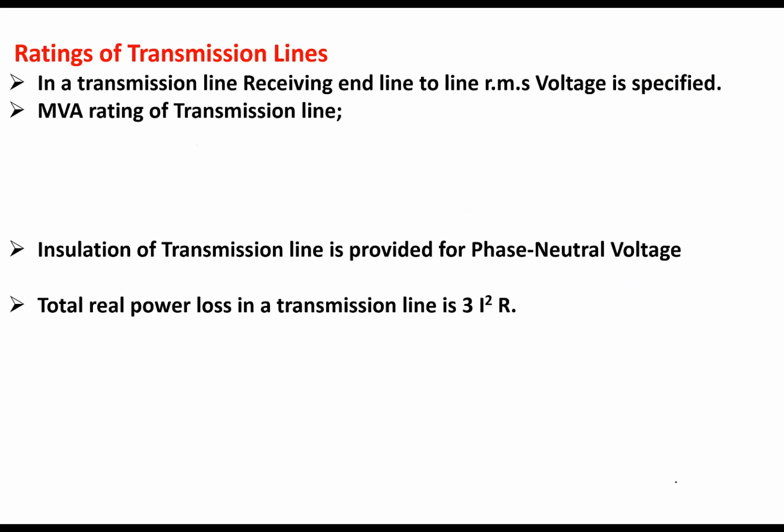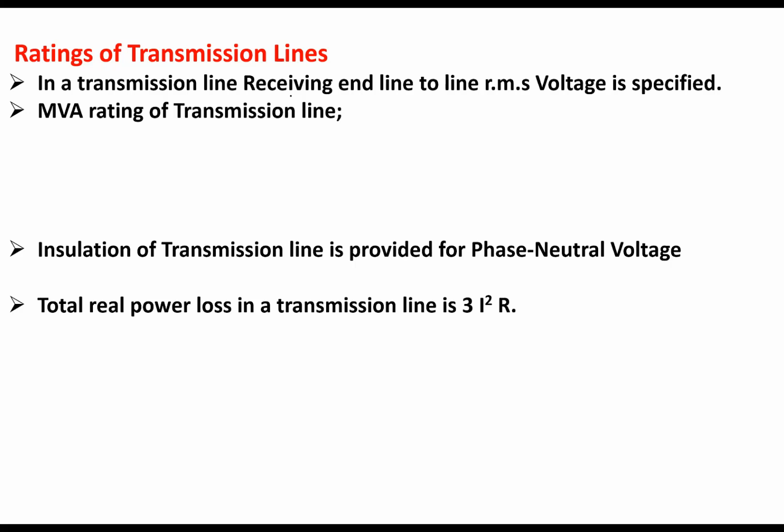Now, ratings of transmission line. In ratings of a transmission line, there are 2 important ratings. There are many other specifications, but what is related to our analysis? In a transmission line, what is the voltage they mention? We know it is a line-to-line RMS voltage. When I say 220 kV transmission line, what is 220 kV? 220 kV is the line-to-line RMS voltage. Now, is it a sending end voltage or receiving end voltage? Then the doubt will come. Almost in high voltage lines, both will be the same. The drop will be negligible. It is 0.1% or 0.2%.